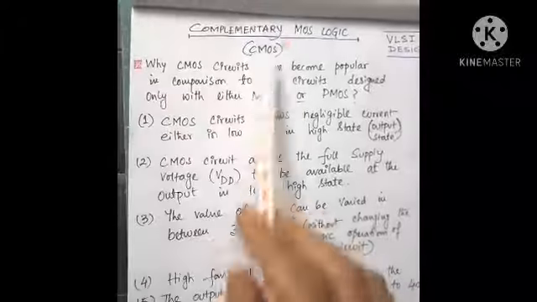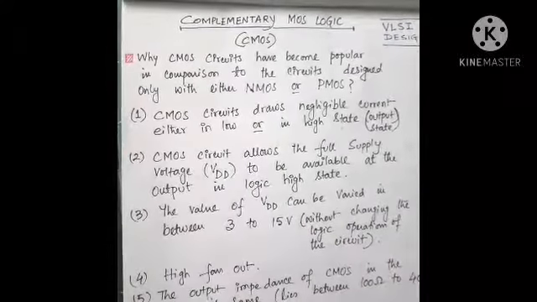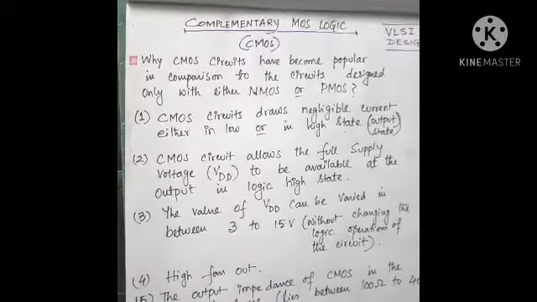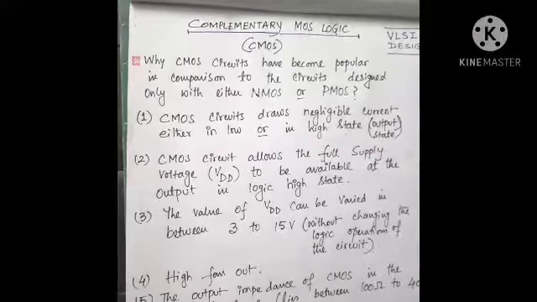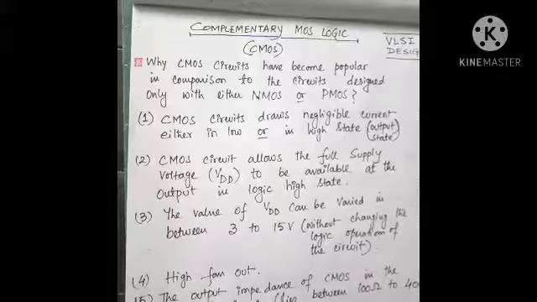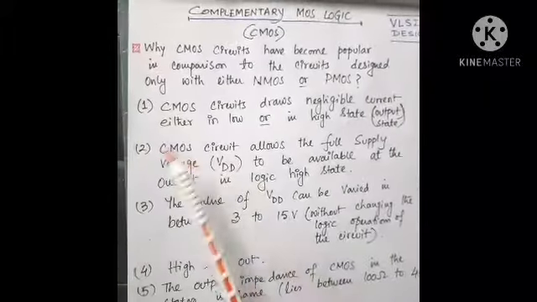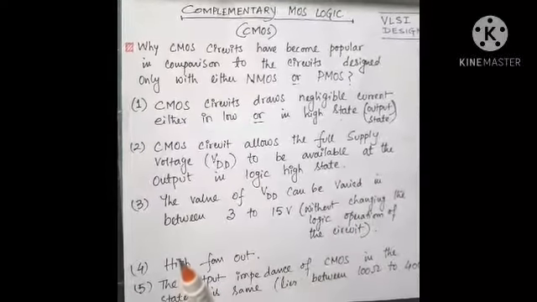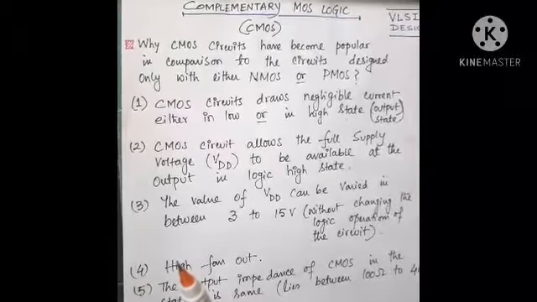As you know, the full form of CMOS is complementary MOSFET. So obviously, complementary MOS consists of two types of transistors. One type is P channel and the other type is N channel. Now let us see some important features which make CMOS much more popular than the circuits made up of NMOS or PMOS.